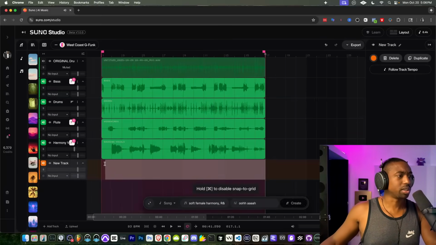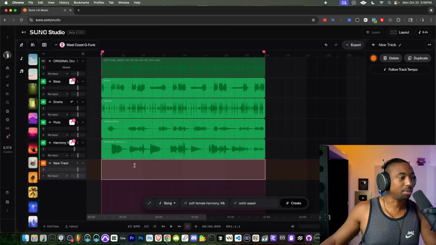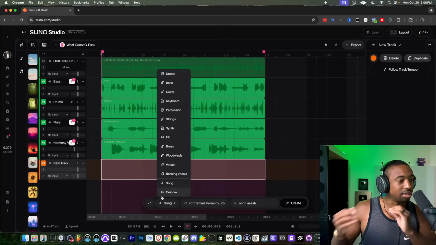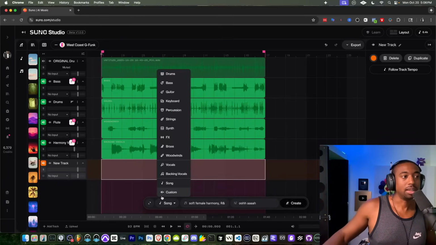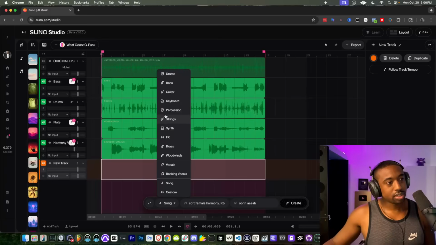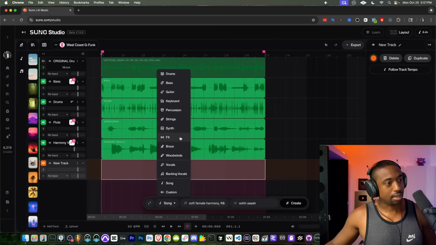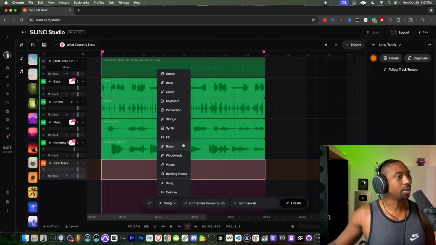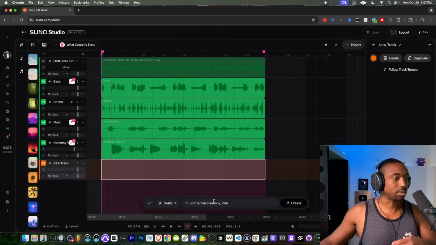So again, the drums are really just there for timing purposes, not to actually keep them in this case, because it just doesn't give us that authentic feel. But what else can we add? We can add strings, we could add bongos, we could add, I don't think brass would go with this. Definitely guitar. Let's definitely do some guitar.